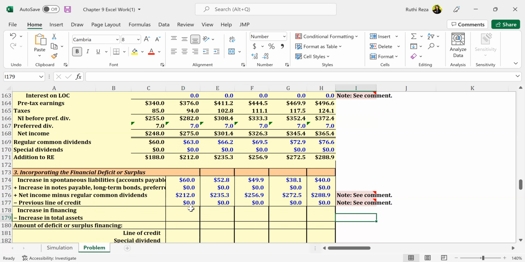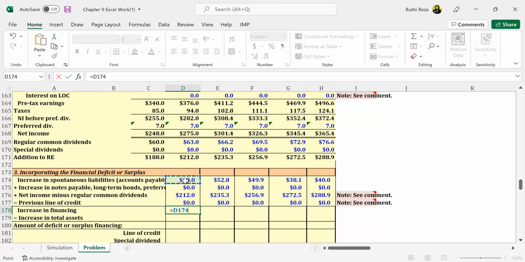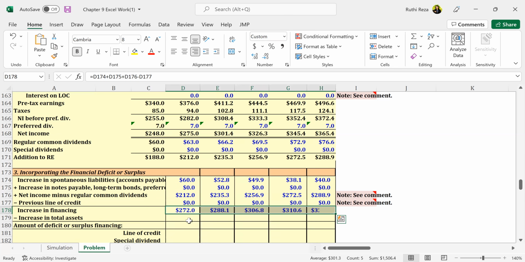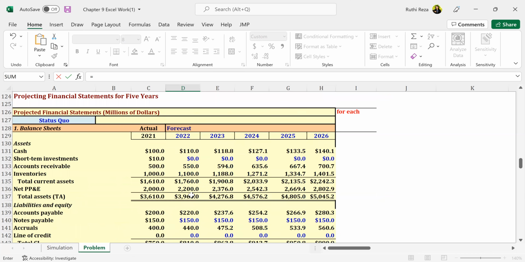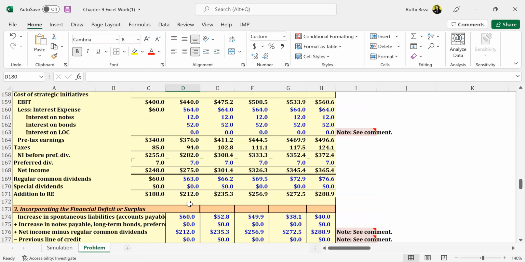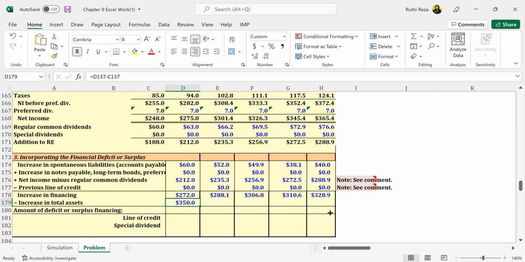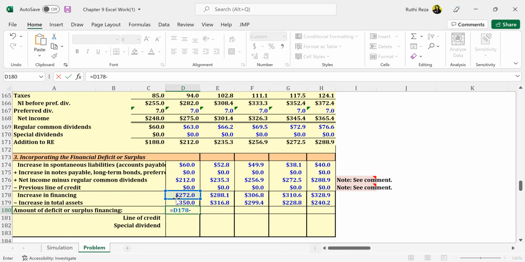Then increase in financing equals this plus this plus this minus credit, the increase in total assets, then deficit. Now you can see here